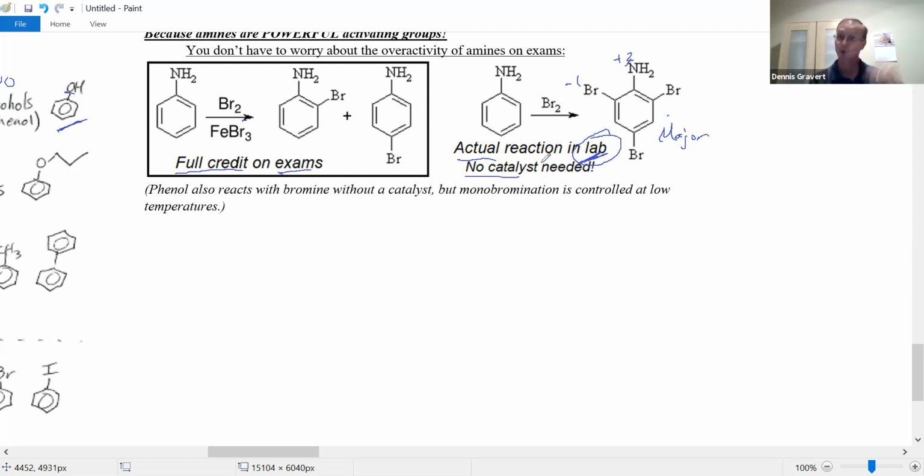So the amine is more activating than the alcohol group, than phenol. Okay, so chemistry majors, something to be aware of. If you see something in the homework, that's what they're referring to also. Okay, so in the lab,